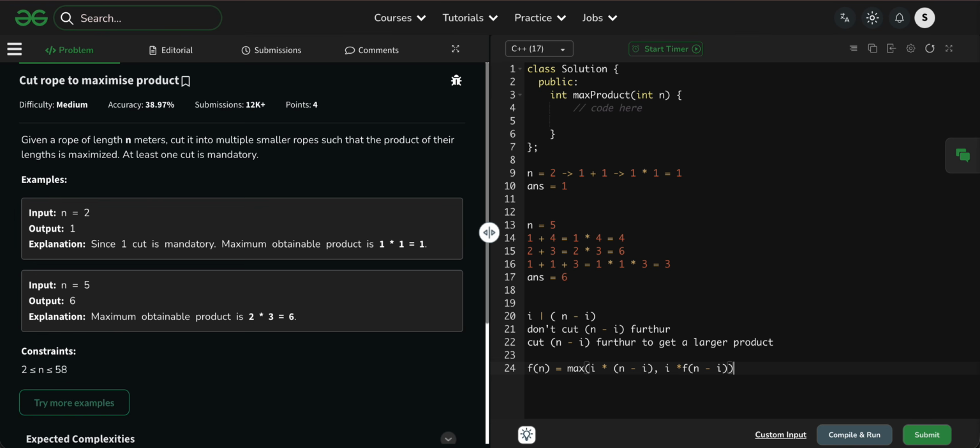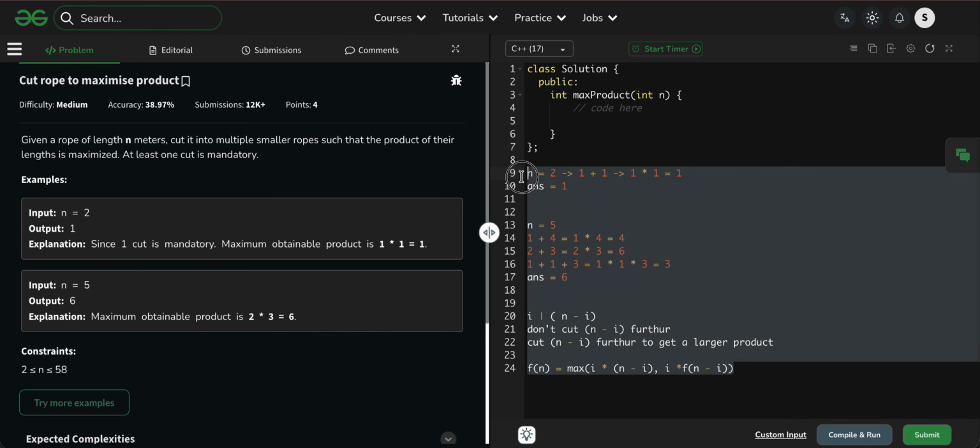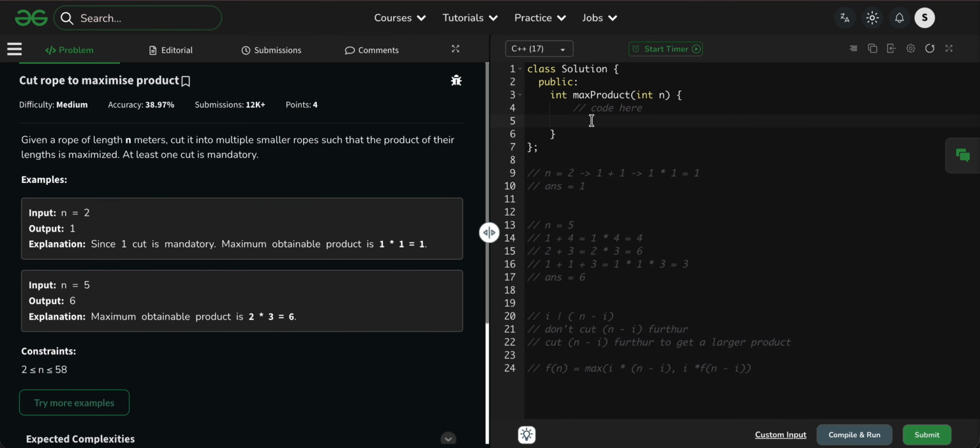But in that, the same subproblem will be picked multiple times, so for that reason it goes to exponential time complexity. Whenever we write code in recursion like this, the optimal approach is to go with DP to optimize it. So I suggest trying every possible cut, same as in the recursion. Now I will write the code and show you the approach.